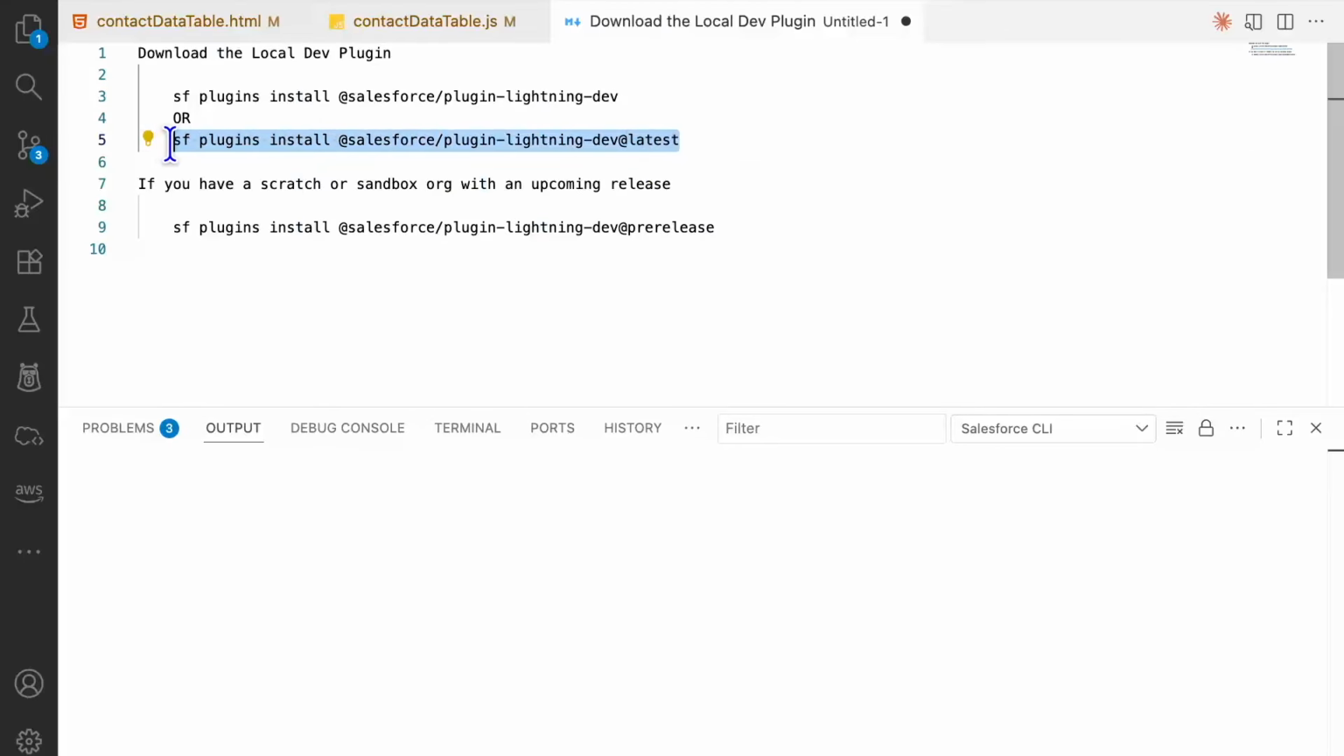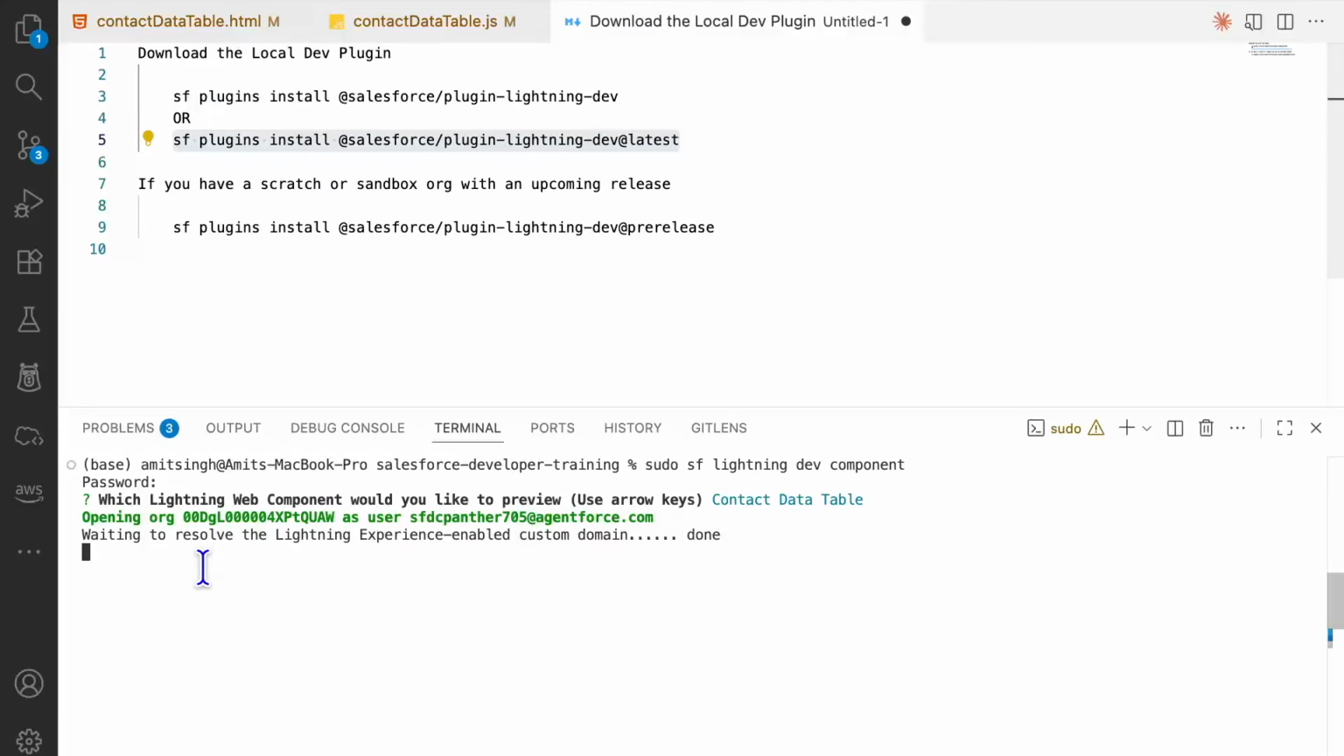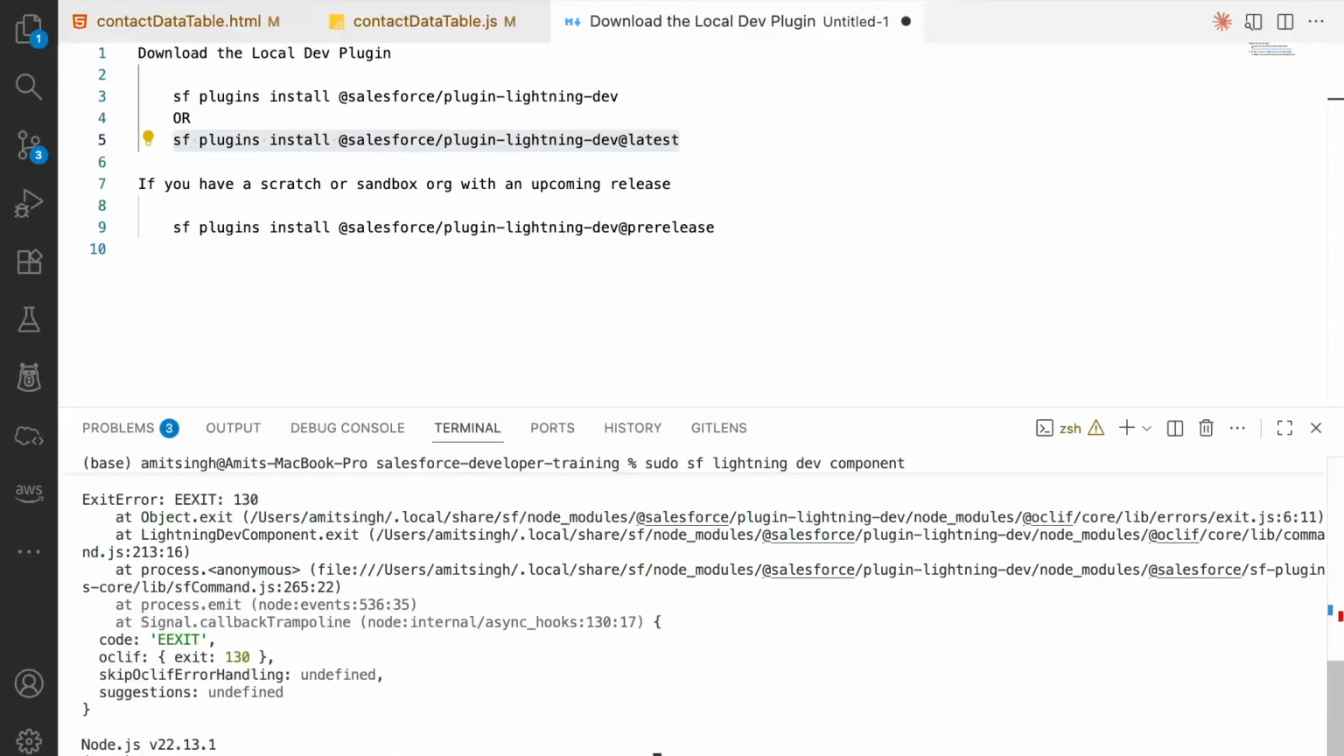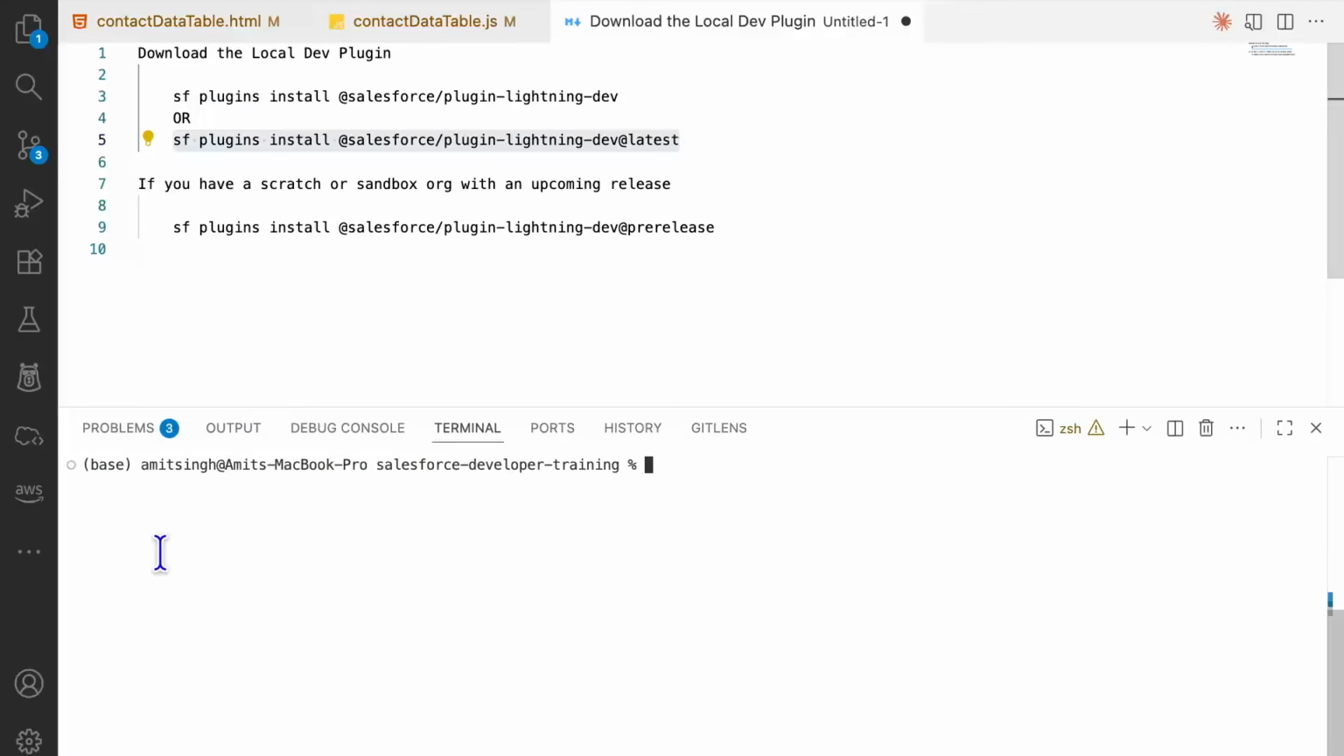This is the command which we have seen as well. sf plugin install @salesforce/plugin-lightning-dev@latest. Open the terminal. How the terminal needs to be opened, if you do not know,